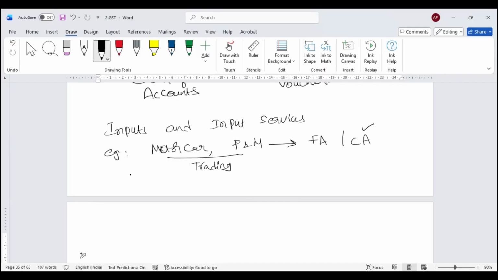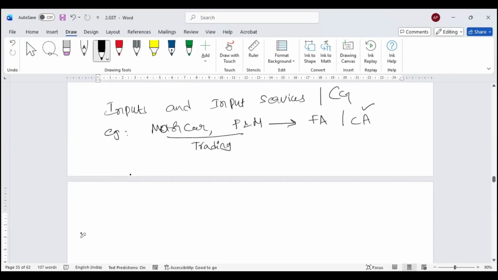Now let's see, assume a Toyota car dealer showroom, or say a Maruti dealer. For my business, when I buy a car, it's a fixed asset. I call it capital goods. For the Toyota showroom, the dealer, that's a current asset. I buy and I sell. Depending on this, I classify my capital goods also. This is where your identification starts. This is the basic preamble I need to know, to whom I'm doing my accounting, where rule 42 or rule 43 comes into the picture. Now, rule 43